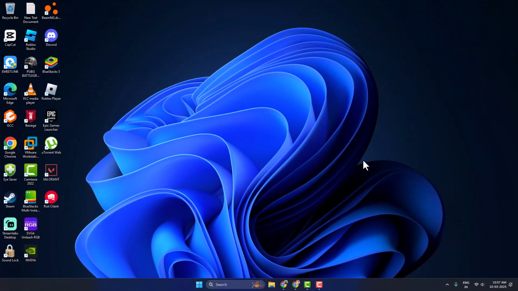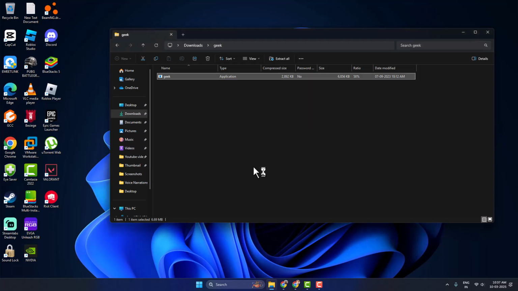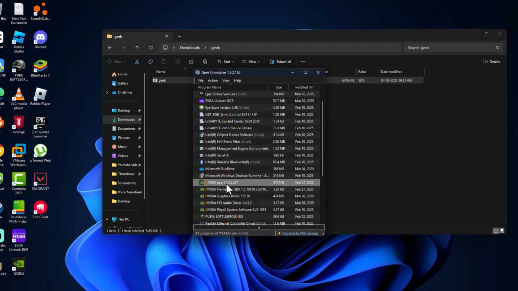If the problem is not solved, method 2, you just need to open up the Geek Uninstaller we downloaded. Again, search for NVIDIA. Just right click on the NVIDIA app and select uninstall. After the uninstall is done, you just need to